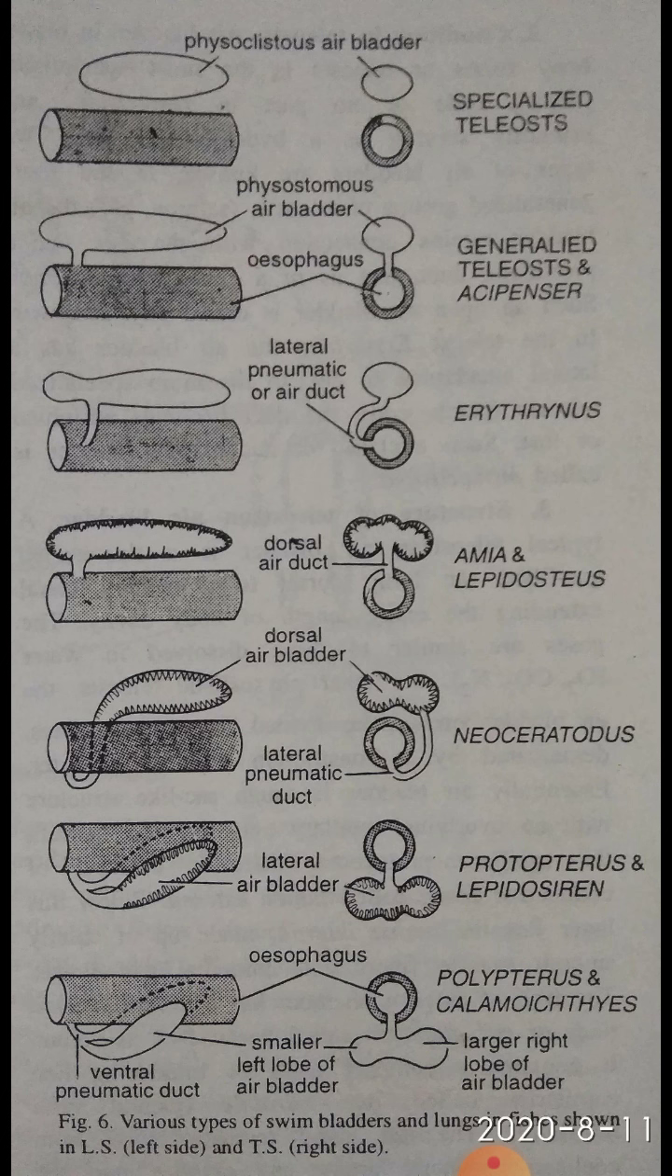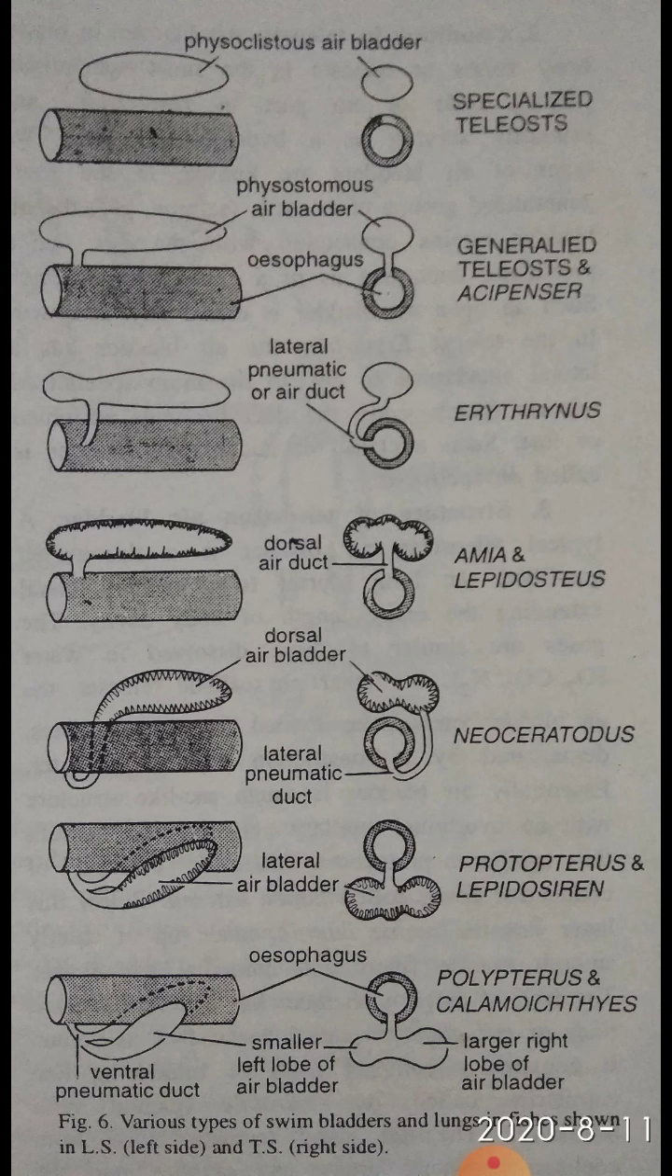In this video we will discuss the air bladder of fishes. The air bladder is also known as swim bladder. A characteristic organ of bony fishes is a gas-filled pneumatic sac that is called air bladder or swim bladder,